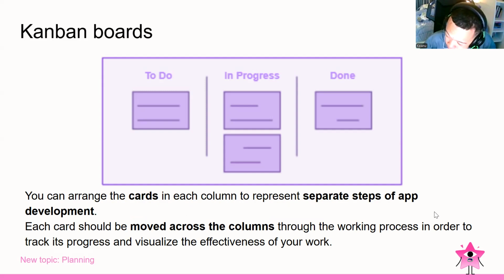So basically, we can move this one. As you can see, we have the rectangle, which consists of the information. We can drag it, maybe I want to move this from to do to in progress. And when I finish this in progress, I'm also able to move it to the right side. Okay, so the progress is already done.